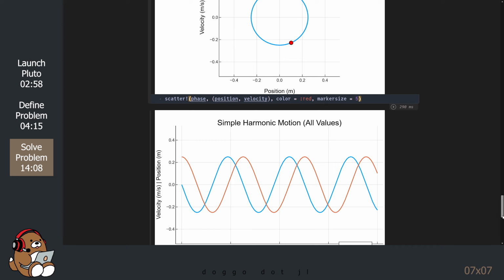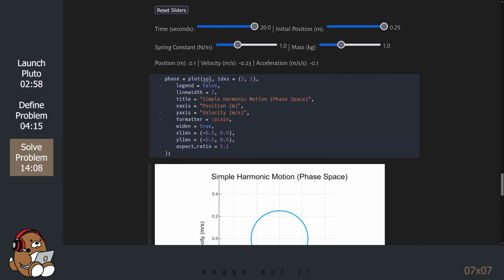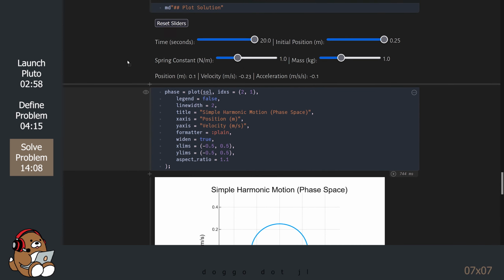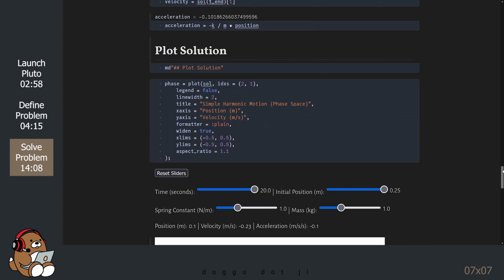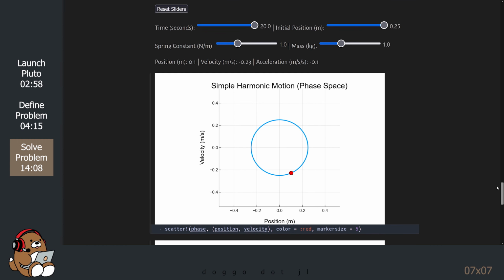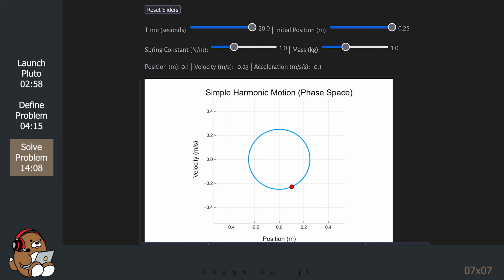I'm going to move the code for this plot so we can see it better. So what does this plot show us, and why is it useful? Notice there's no axis for time, so the only way we can see the impact of time is by using the time slider.